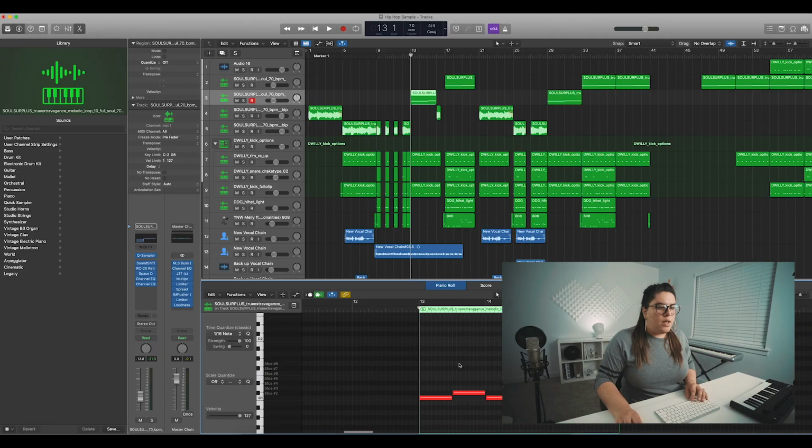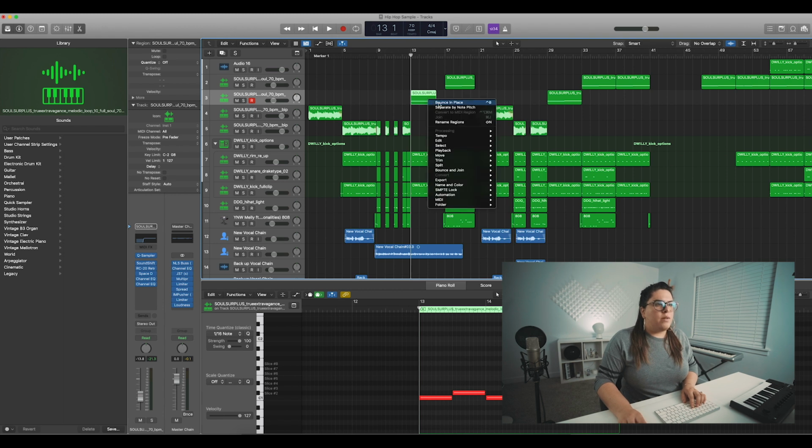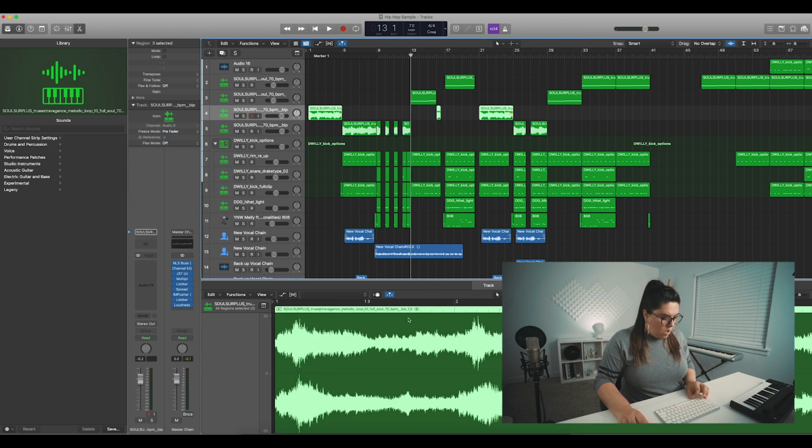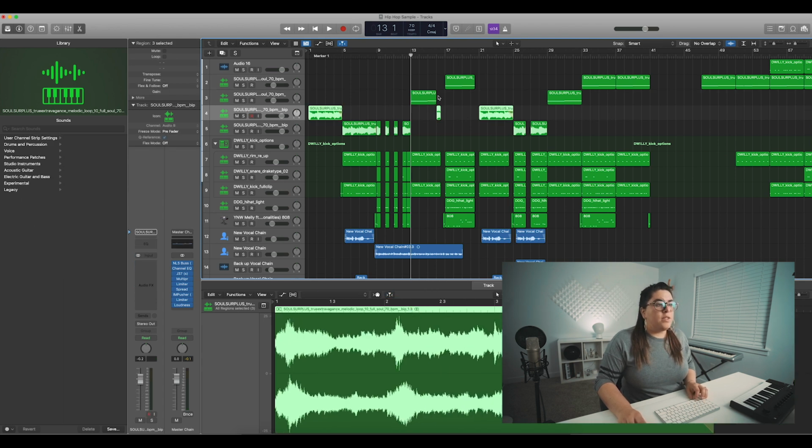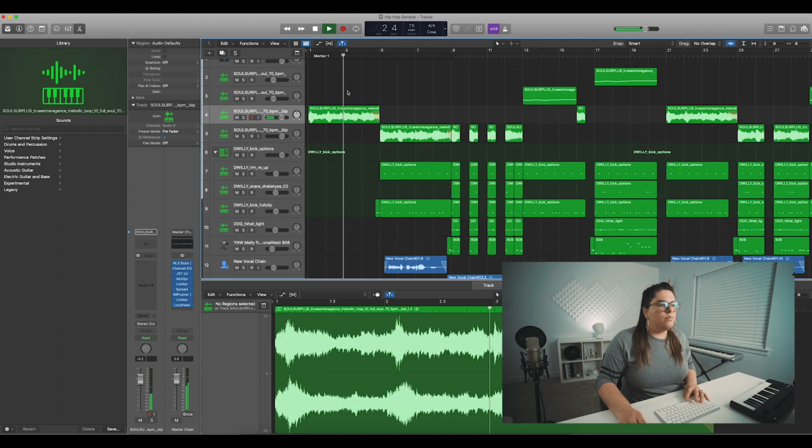The other thing that I did is you'll notice because these are actual sample slices, so these are like MIDI notes, because it's an actual MIDI file, I can't do these slow down fades that I like to do at the end of things to transition. So what I did is I right-clicked on it and I hit bounce in place, and that created this other track with basically an audio file of this MIDI file. And so what that allows me to do is then